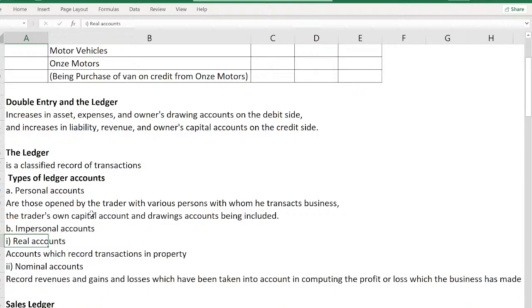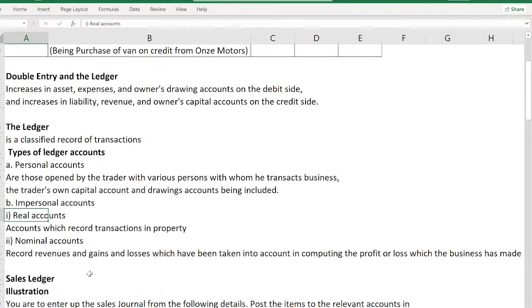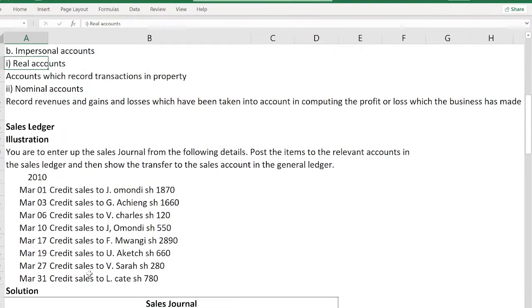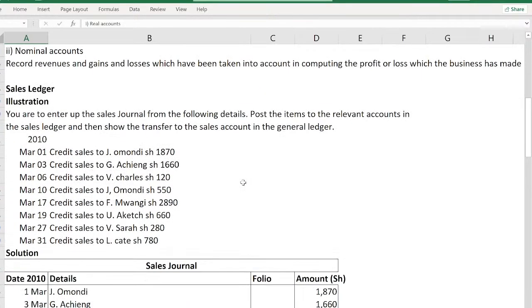So we can talk about an example of a sales ledger. For the sales ledger, let's look at these illustrations. You are to enter up the sales journal from the following details, post the items to the relevant accounts in the sales ledger, and then show the transfer to the sales account, the general ledger. So you have to do three things here. You have to do the sales journal, then the sales ledgers, and then the general ledger. So we start with the